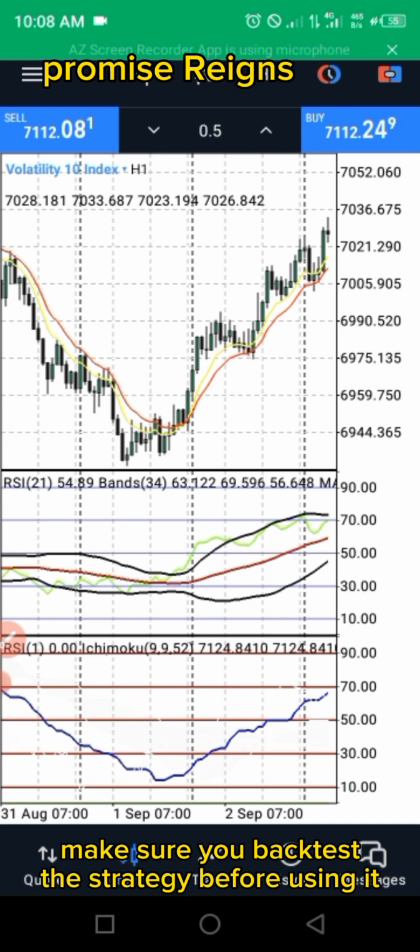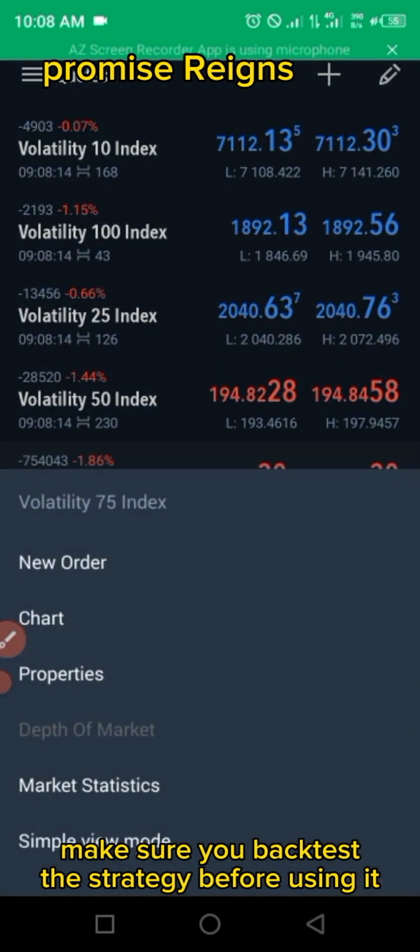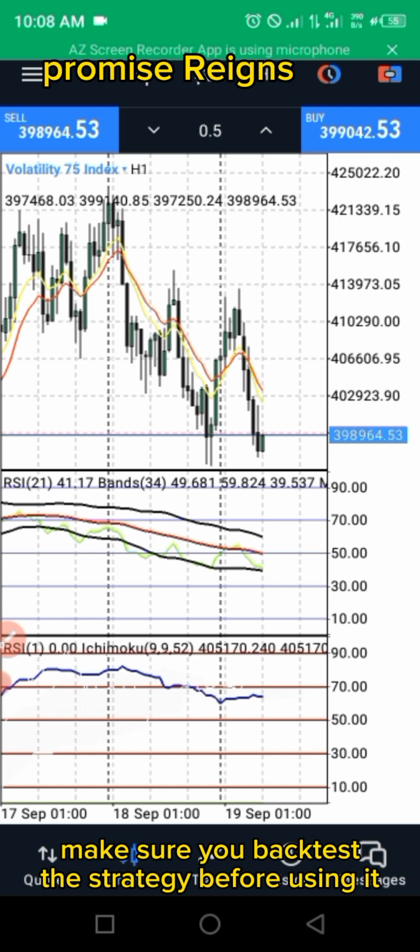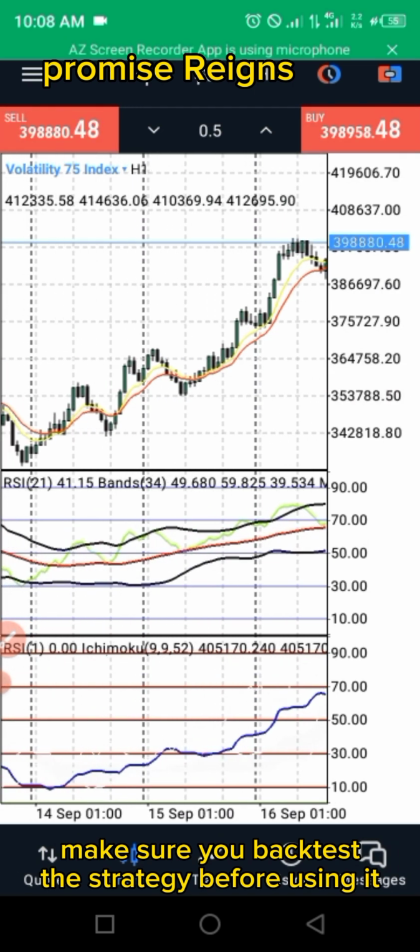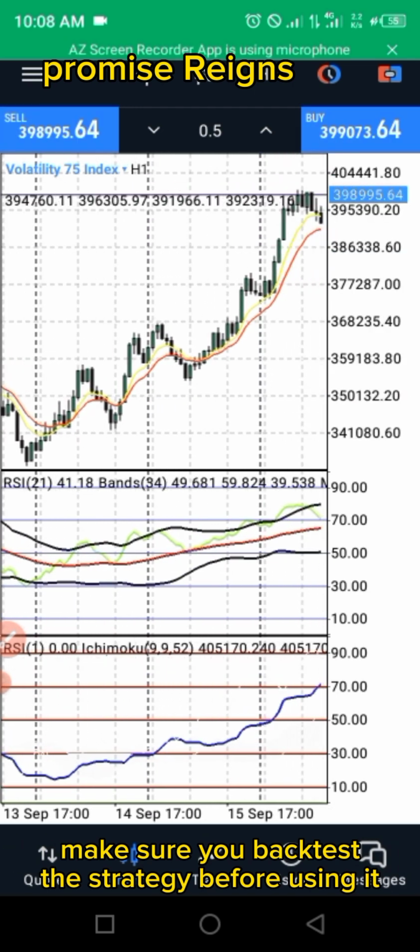You can use it on VIX 75 also. Do not go below 1 hour. That's what I'm trying to tell you here. Do not go below 1 hour. You can see